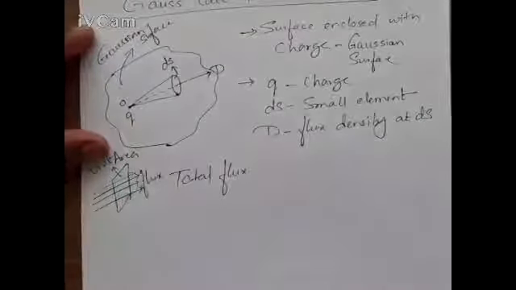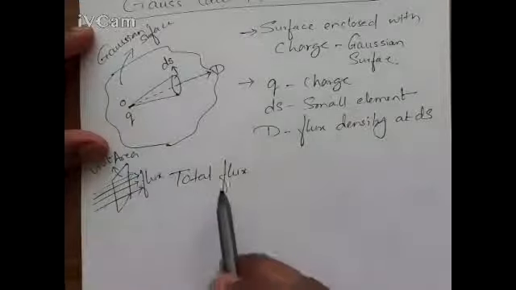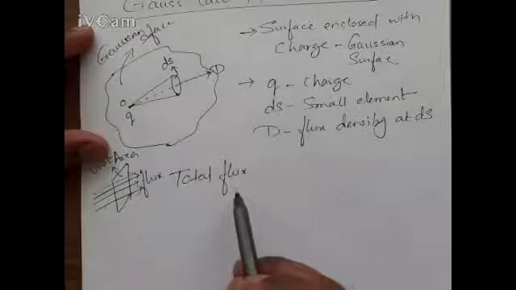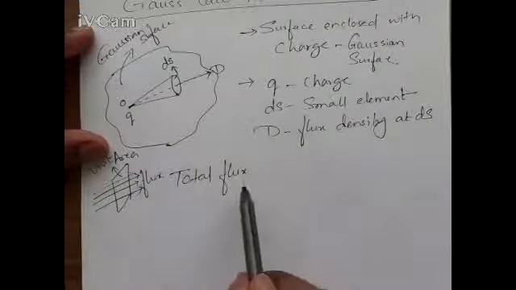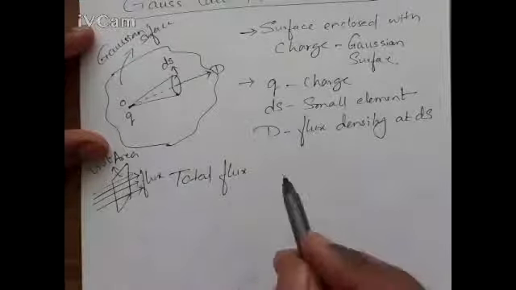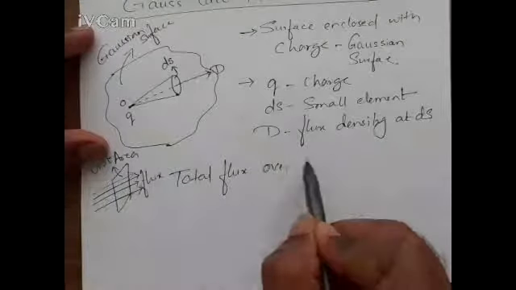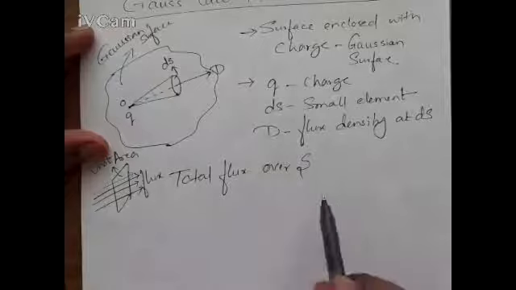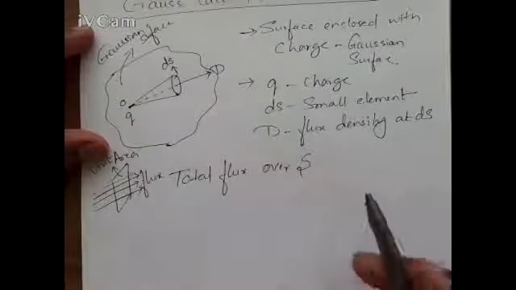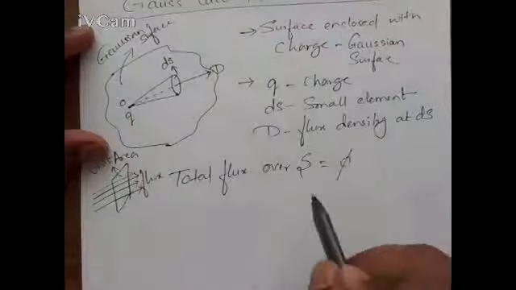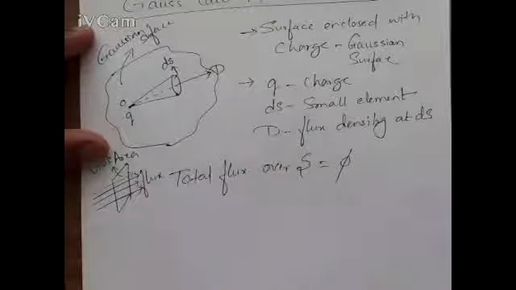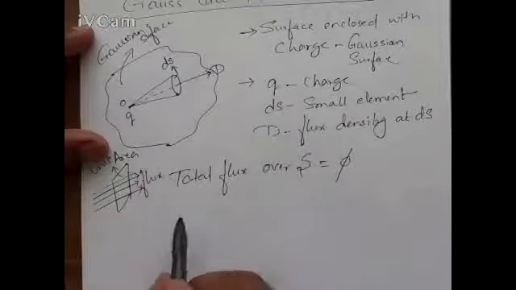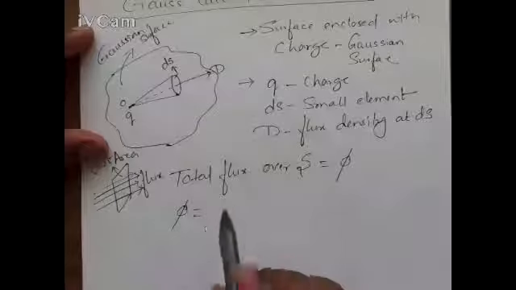Each and every charge will emit flux, and the flux is hitting the surface. The total flux over the surface S, which is the complete surface, is phi. That total flux is given as phi is equal to,